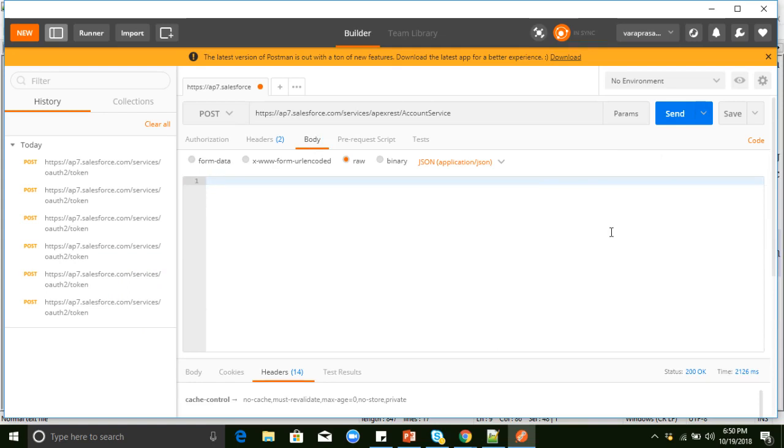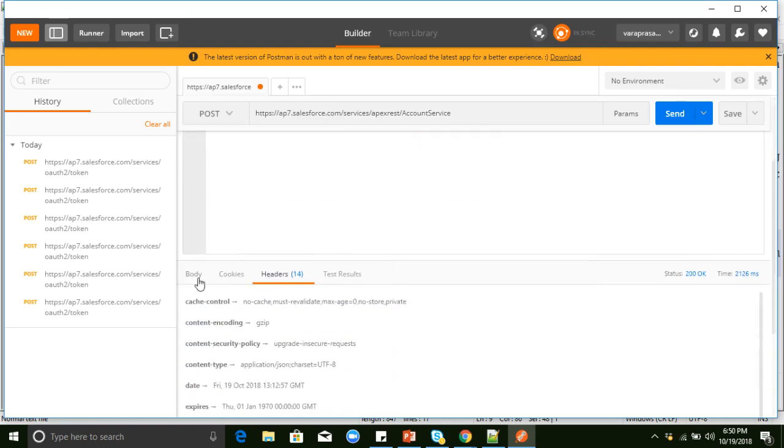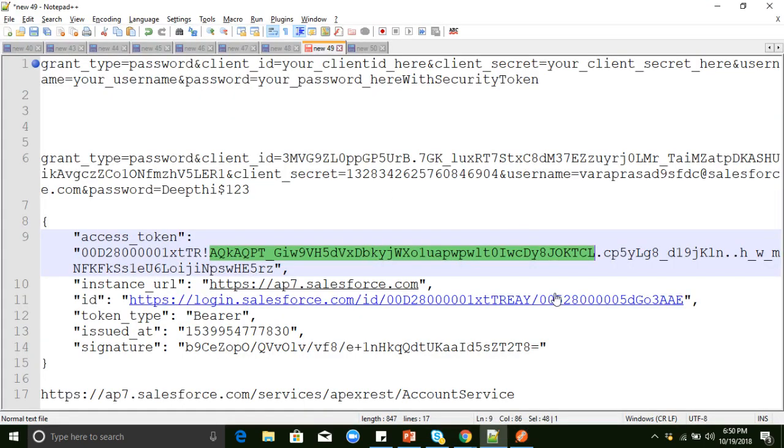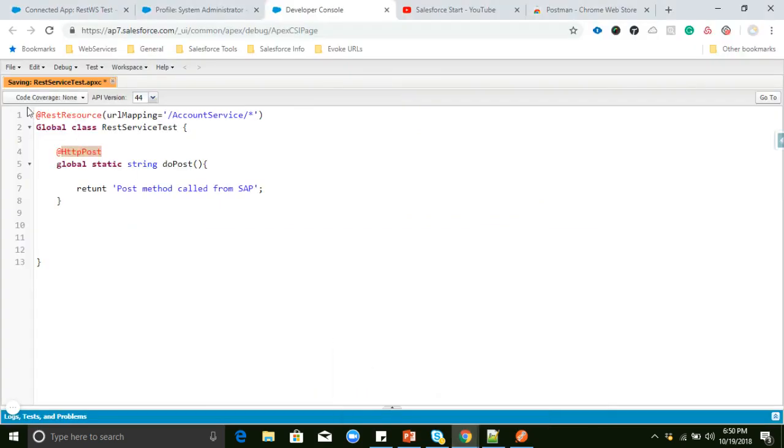For example, now I want to call the post method of the account service. Nothing is required in the body. Let's see whether our class is saved or not. Still it is saving, I will refresh my page once again.